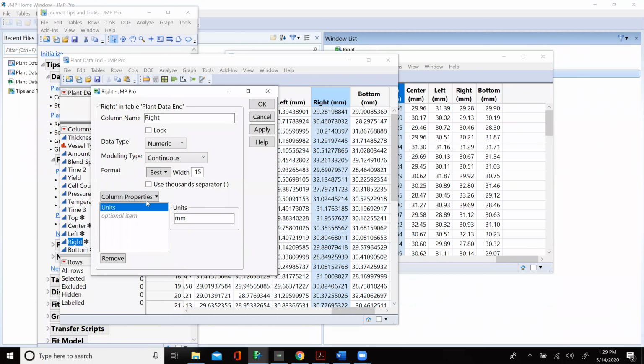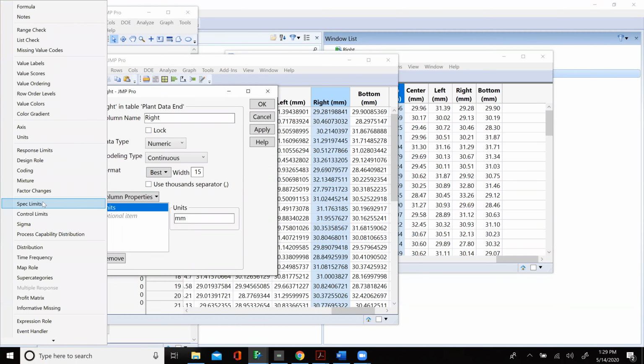You put units on this, but it will transfer any of those things, spec limits, value labels, value colors, control limits, any of those that you put there. Okay, I just did a simple one just to show you the capability, but it's going to transfer them from one data table to the other. And you see that I chose those. They don't have to have the same column name. Okay, you can also transfer multiple, like if you had 5 and 5, and they were different units, anything like that. Good.